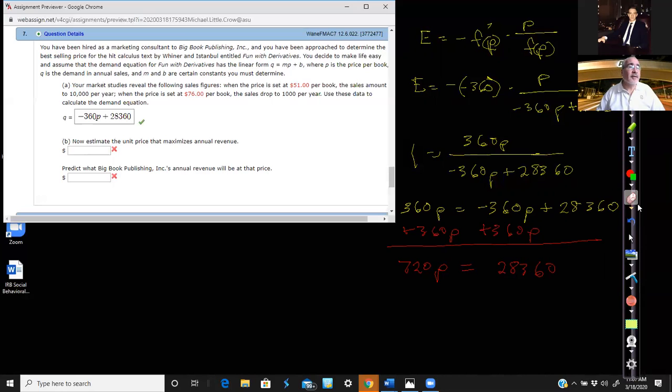And so now we divide both sides by 720. We find that P is equal to 28,360 divided by 720 come up with,